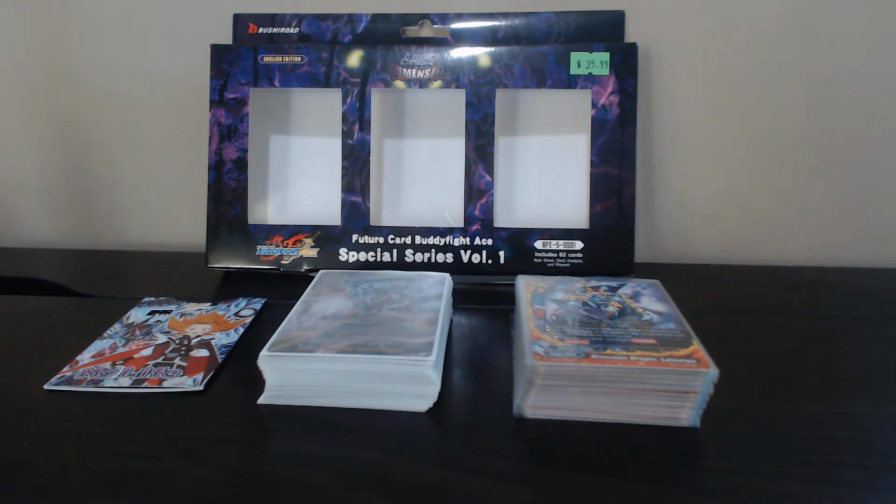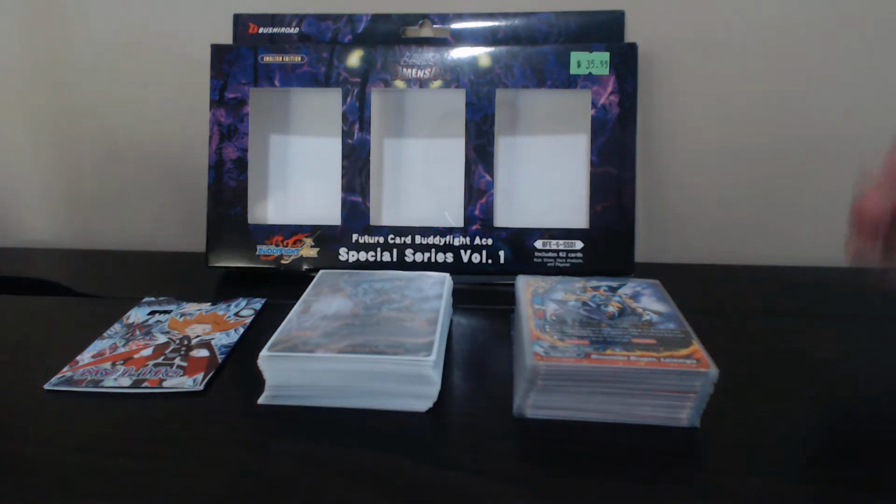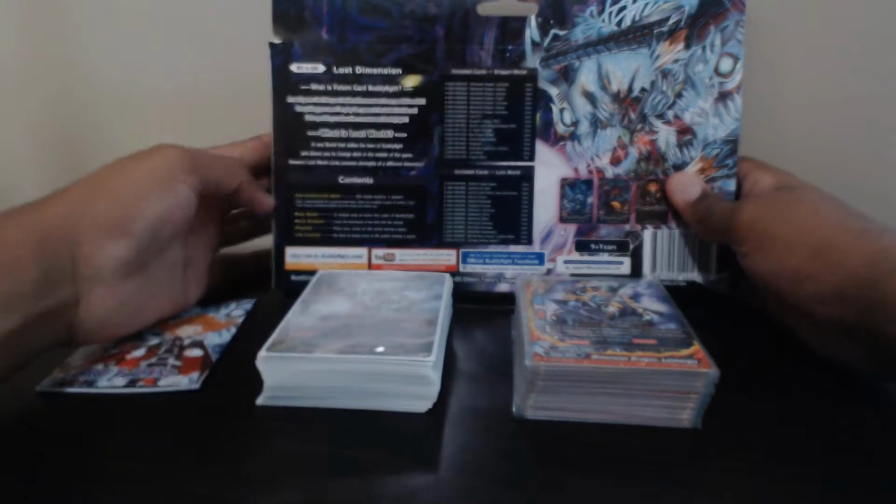BuddyFight Ace. Here's the front of the box. It includes 82 cards and it explains everything you need to know about BuddyFight and Lost World on the back